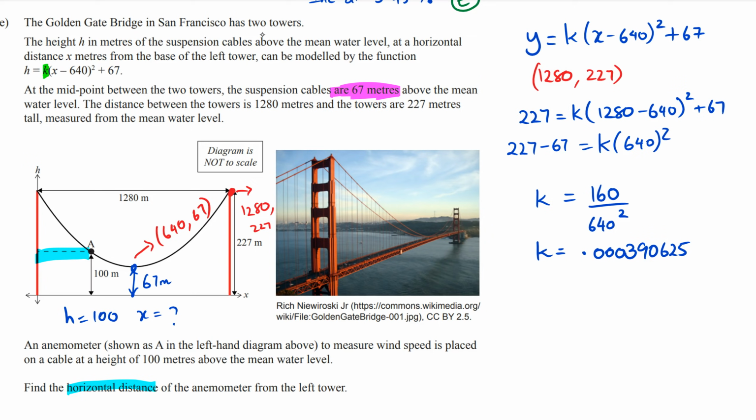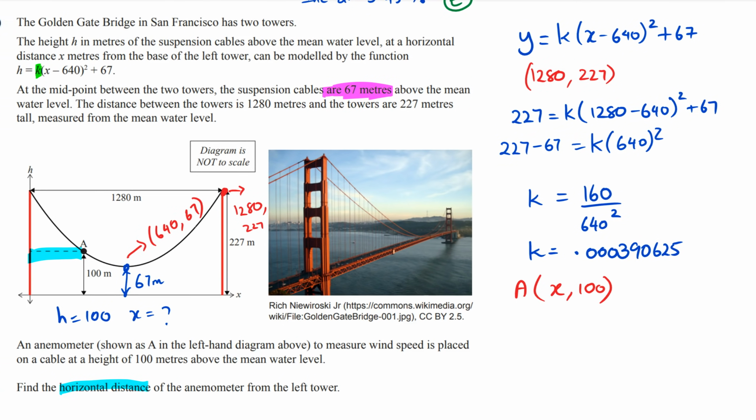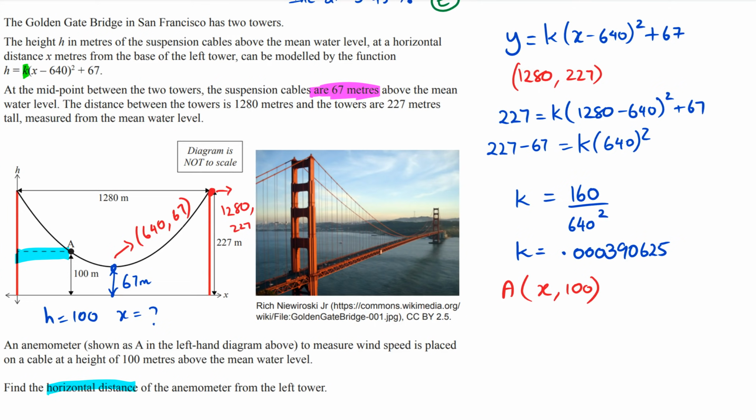So at this point, I need to substitute. I'm going back to point A. So point A is like this. I don't know what x is, but I know that that's equal to 100. And so right now, I need to substitute this back into the quadratic equation to try and figure out at what value for x is the height at 100. So I have y is equal to k, which happens to be this lovely long number,